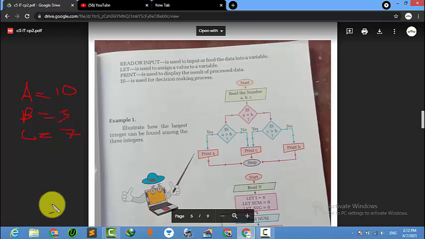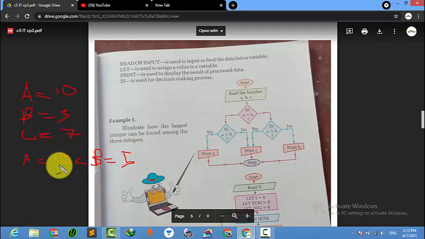Suppose we want to compare them. Take a equal to 10. Is 10 less than b equal to 5? True or false? False, right? This one is wrong.